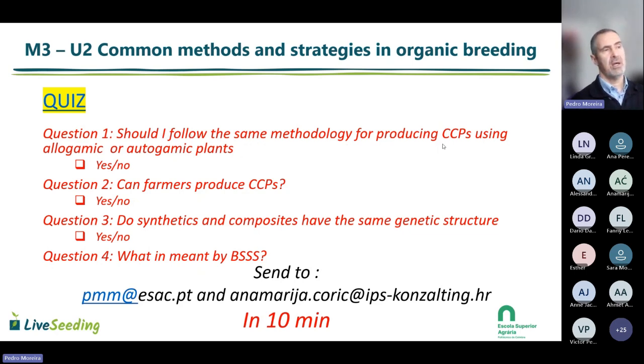But in general, it's different, and especially the generations that you want to follow could be also. Then question 2 is, can farmers produce CCPs? You can see there was some yes, some no. Well, the farmers can produce the CCPs, it depends, and in general, at least for some maize, they used to do it in the old times, because